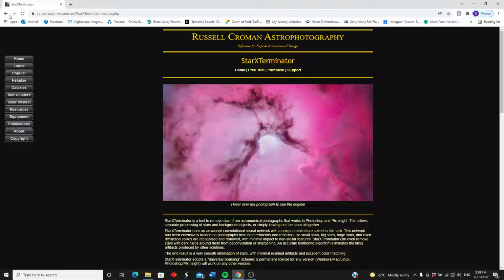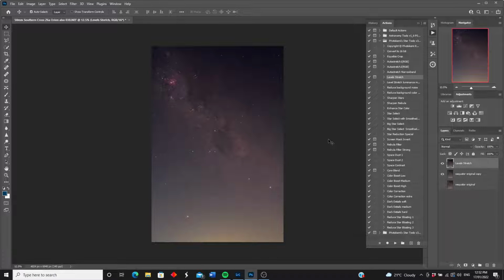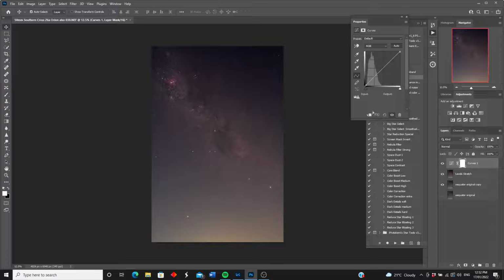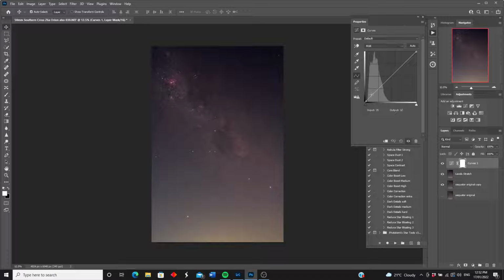You certainly don't have to use that. In fact, you don't have to use any of these actions I'm showing you either. You can just do this in the standard adjustment in Photoshop using curves and levels. But I'm going to show it to you because I really like what it does. I might just do a curves adjustment, and you'll see this little curves window come up. So I'm going to do just a little bit of a curve here,